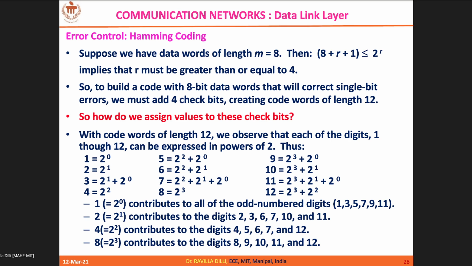If you want, you can cross check. Just flip any one of these 12 bits. The actual value is 1041s 000, so you flip any one of these bits and calculate R0, R1, R2, R3. So you will get some non-zero value, and that value indicates the position of the error.